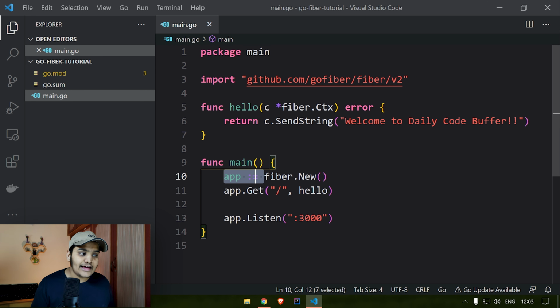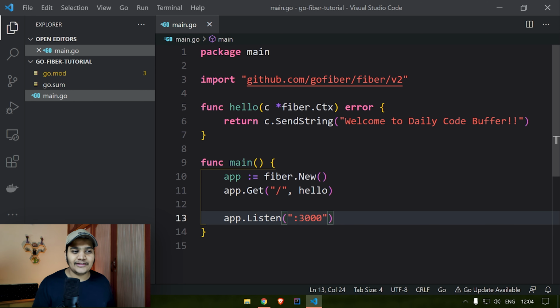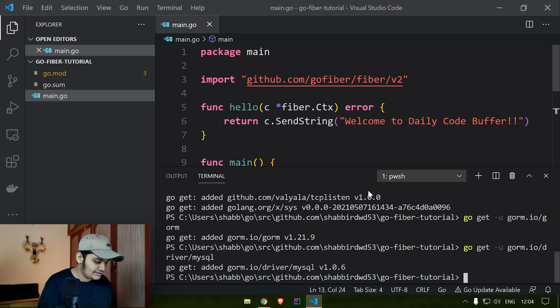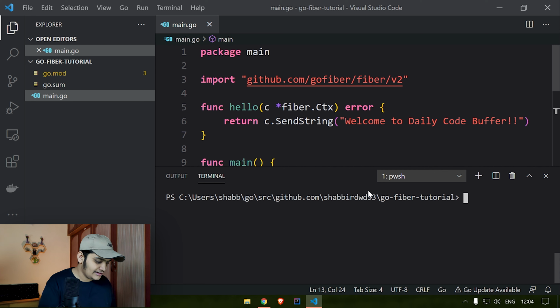We just created the application using fiber.New, and we added one get API that will call this hello function, and this hello function is just returning welcome to Daily Code Buffer, and this application is running on port 3000. So let's run this application and see how it's working, and then we will go ahead and implement the other things. I'll just clear this out and say go run